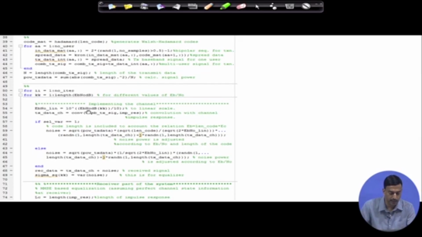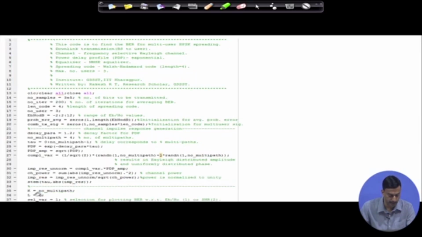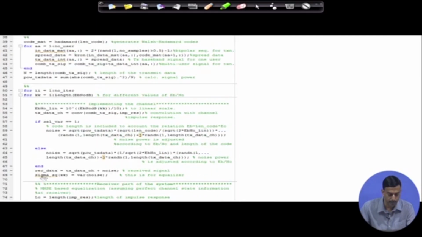We calculate the noise in this if else part of the code, but before that we convert the Eb by N naught to linear scale, and then we convolve the combined multi-user signal with the impulse response that we had generated in line number 32. So this takes care of the frequency selective nature of the channel,